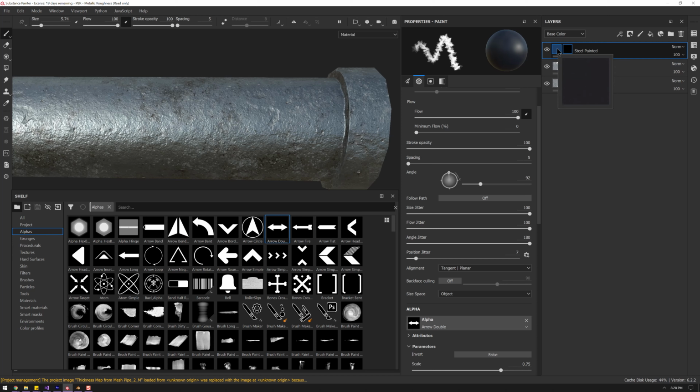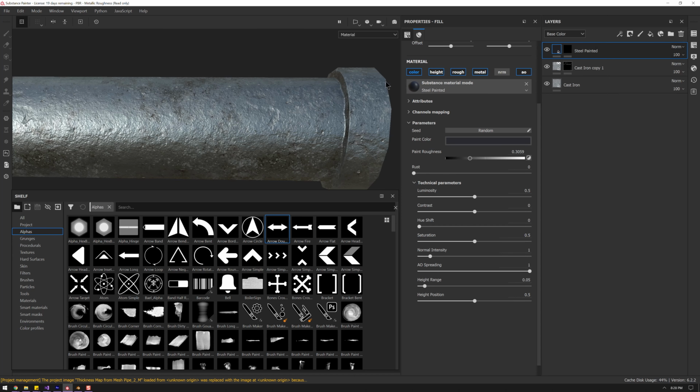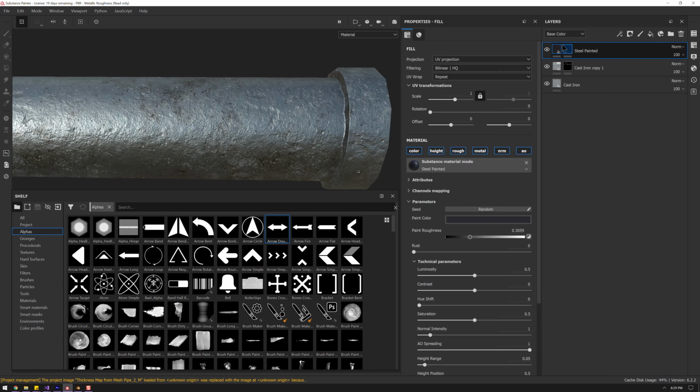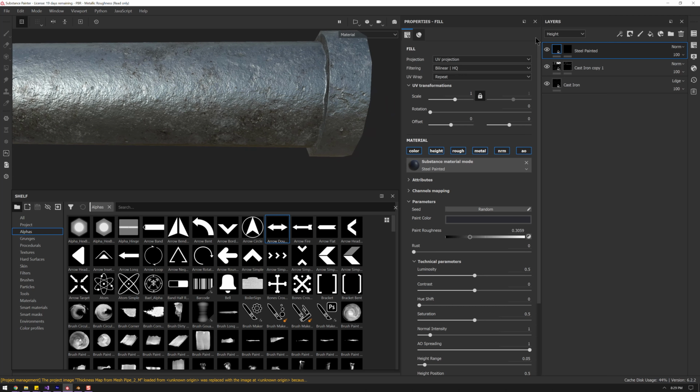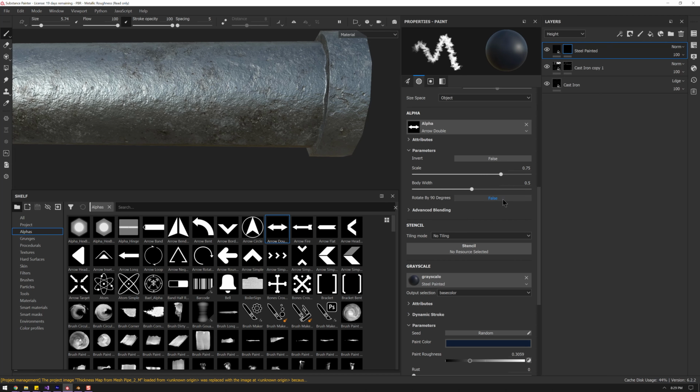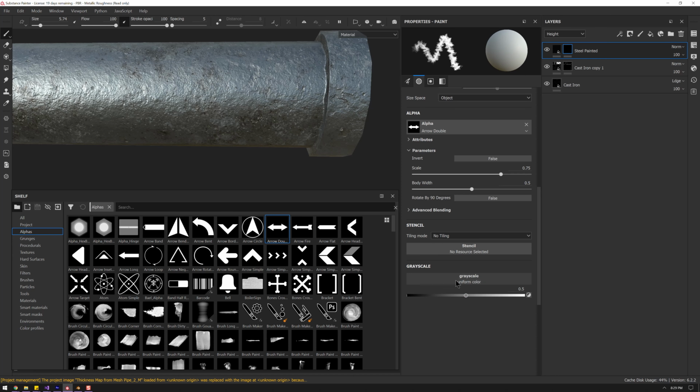Now, one thing I'm not liking is that this steel painted layer is not stopping the bumps and crevices and cracks. So once again, I am going to turn on normal for this. I'm going to come over to normal map, and I'm going to change that to replace or normal. I'm going to do the same thing for the height layer now. Click here, hit normal as well. And now we can begin additively putting in additional information. So here I have an alpha selected there, and I have my grayscale value,